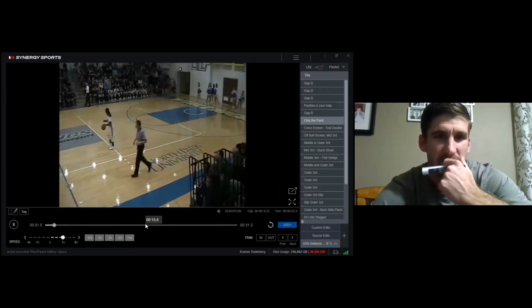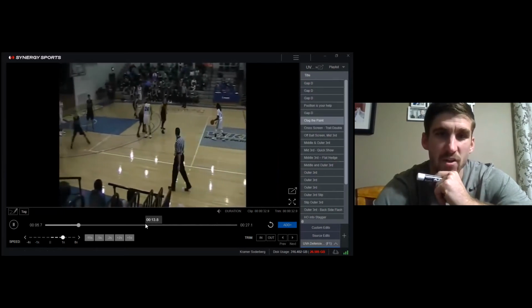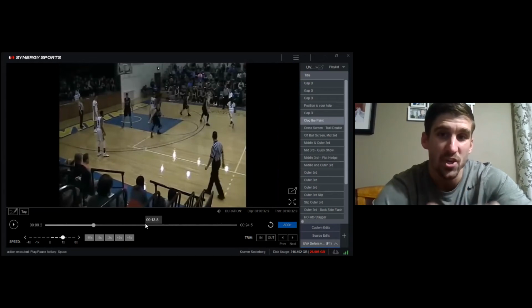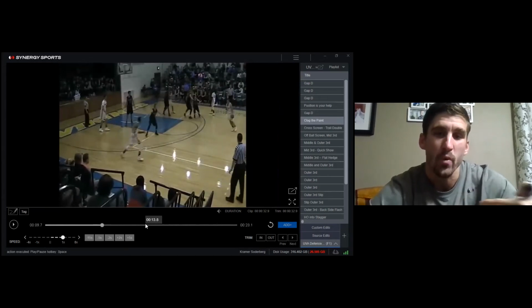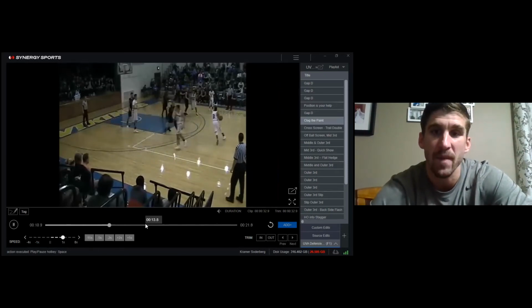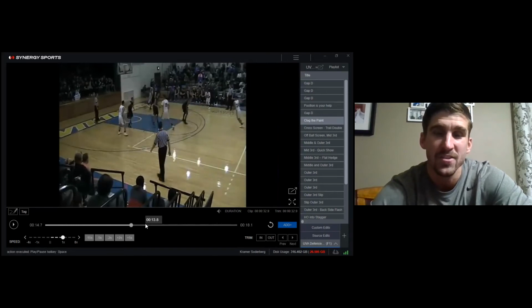We'll see one more example of kind of clogging the paint. In this particular game, I made an extra emphasis as a defensive game plan. When a certain player, number 5, got the ball, we were going to flood the side of the floor that he was on to make it even more apparent that he didn't have any penetration. So here's an example. Here's their best player, best driver,